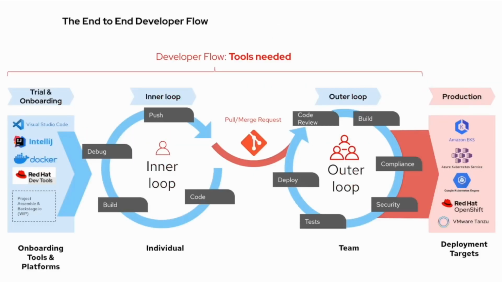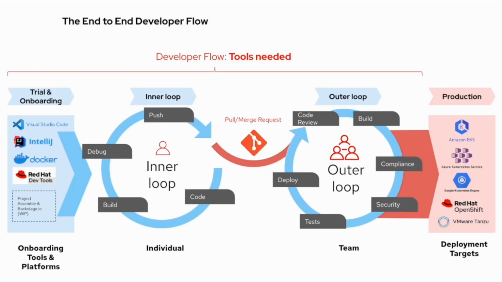So many of us are familiar with the developer flow, especially the inner loop and the outer loop. The inner loop is where you start working in your local environment. You have an idea and you want to take it forward. So we start with creating the developer environment, start writing code, building the code so you can test it, and debugging in your local environment as it goes. And at some point, you would then be satisfied and you push into your central source code repository.